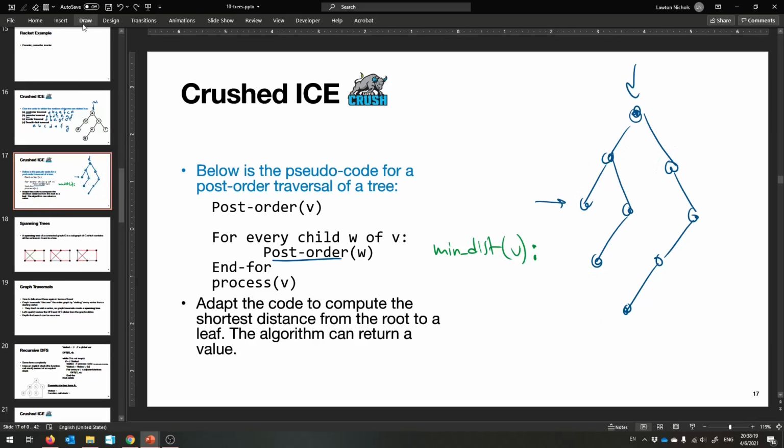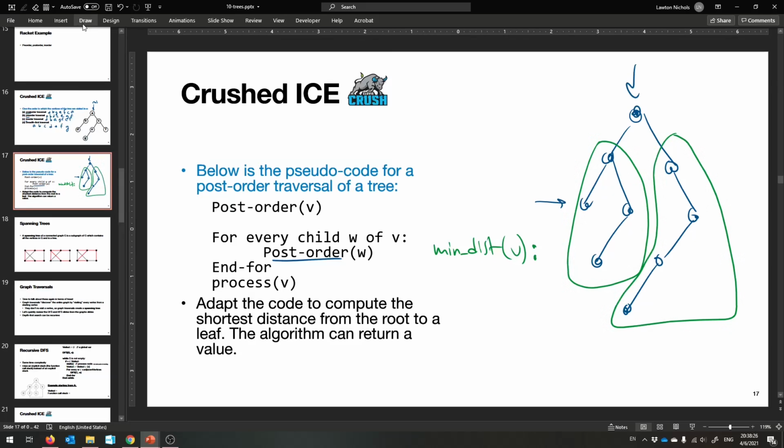And so that I can reuse this perhaps, let me make this one big line. That's the left subtree, that's the right subtree. And so we'll just call on every child, again, min dist, and save the smallest one. Take the min dist, right? For each child of v, let's call it w, w of v, call min dist of w, so it's like the subtree rooted at this node and the subtree rooted at this node, and save the min